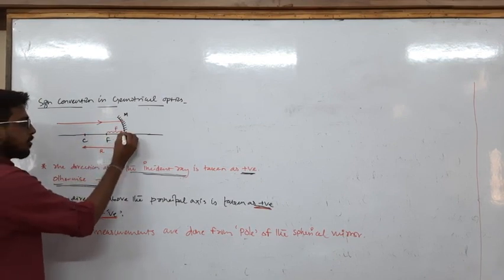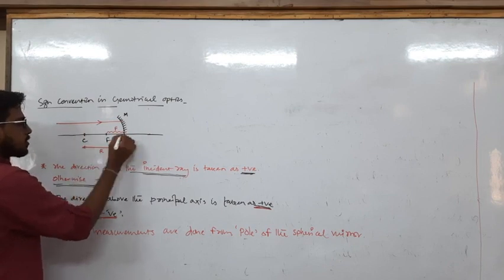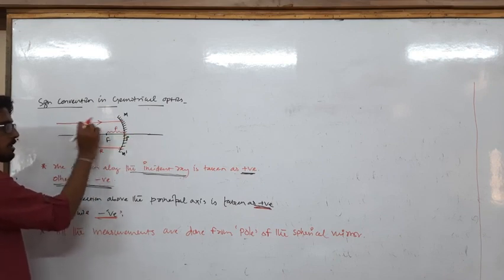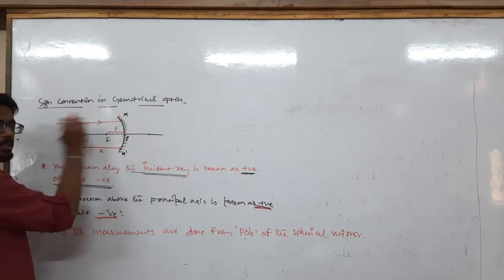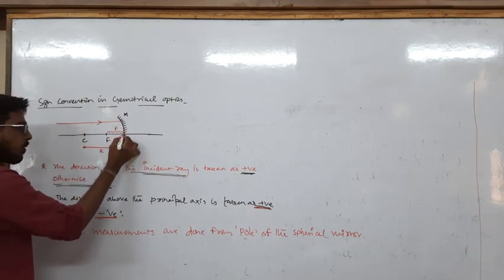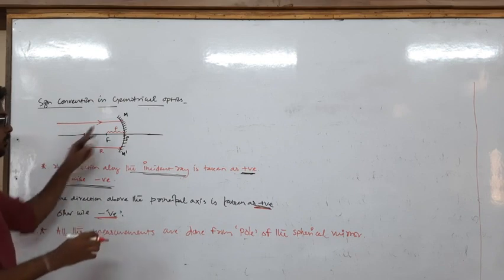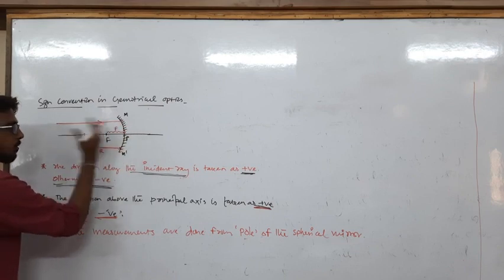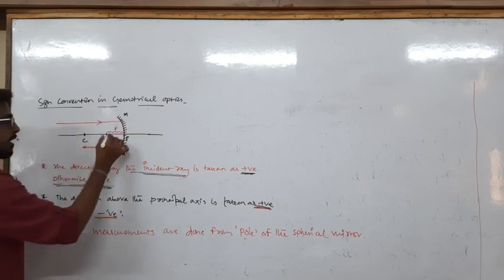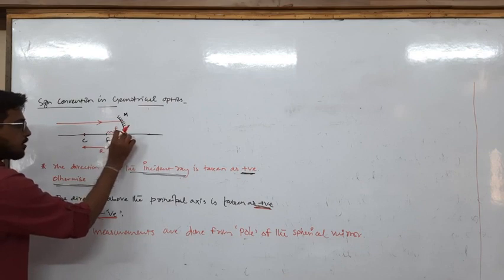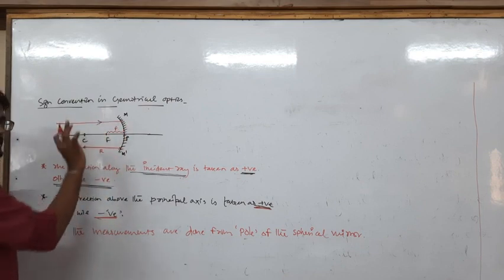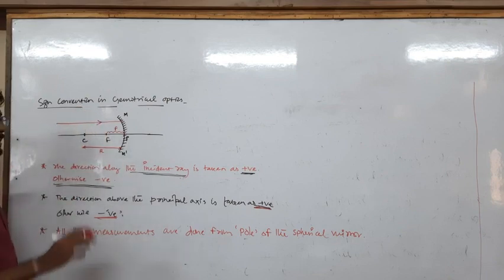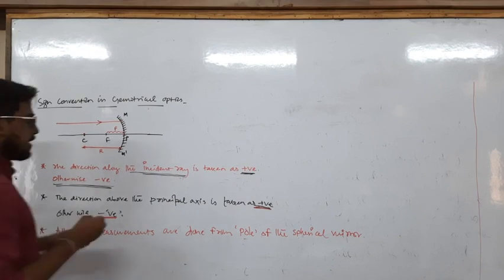If the center of curvature is here, the radius of curvature will be measured from the pole to the center of curvature, which is opposite to the direction of the incident ray, because incident rays come along this direction from left to right, and I am measuring the distance R from pole to C, that is from right to left. So for a concave mirror, the radius of curvature will be minus R, negative, because it is measured opposite to the direction of the incident ray. Clear? Similarly, the focal length is also negative because it is measured opposite to the direction of the incident ray. Anything measured above the principal axis will be positive and below the principal axis will be negative. So from this we can easily write the focal length.